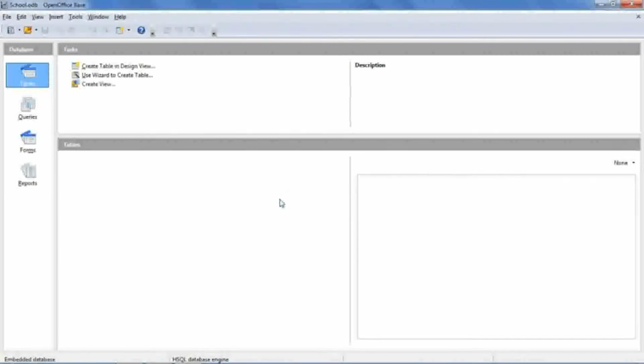Now let me introduce the parts of the OpenOffice Base screen. Then we will go for creating a table. First, the title bar. As you know, every window in computer software has a title bar. It simply displays the icon, the file name and the application name, and at the right side you can see three buttons. These buttons are known as action commands, or control boxes. They control the window: minimize, restore or maximize, and close button.